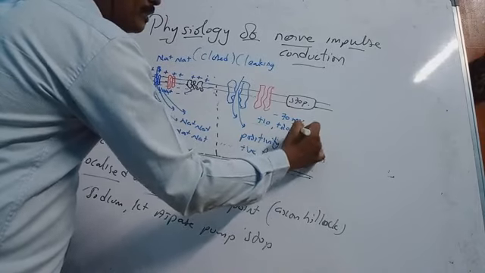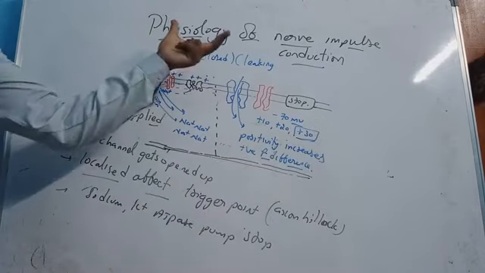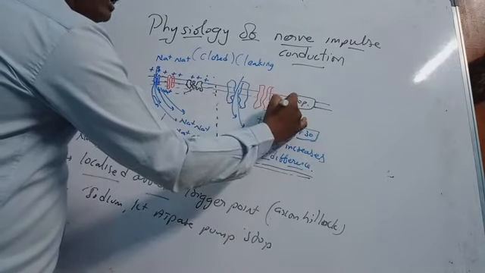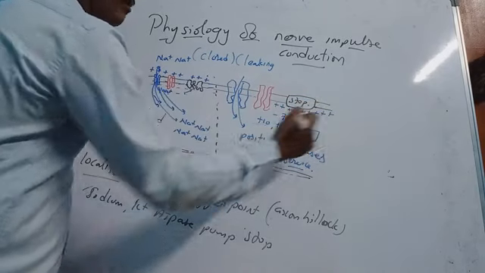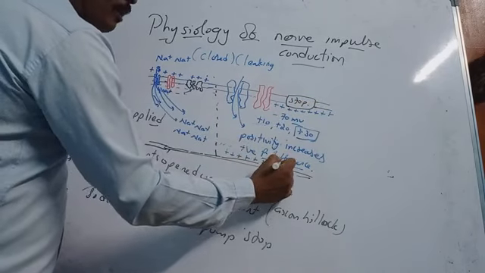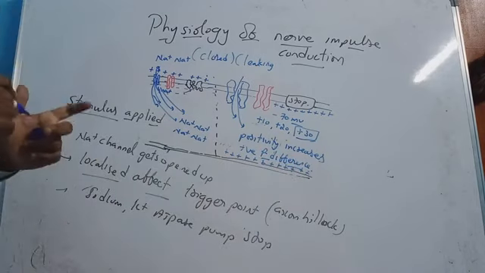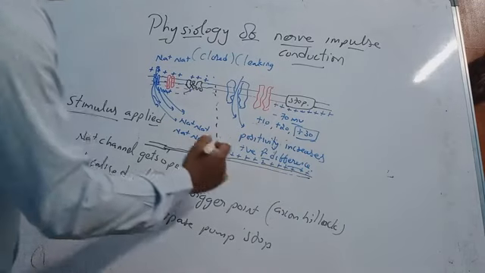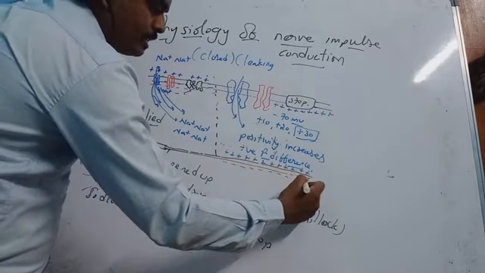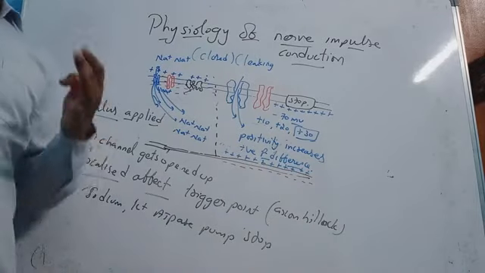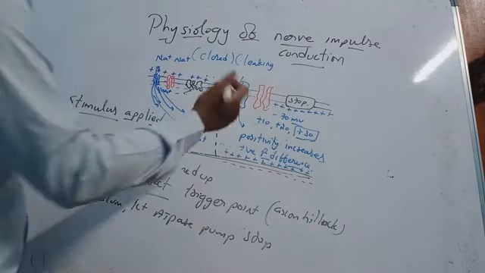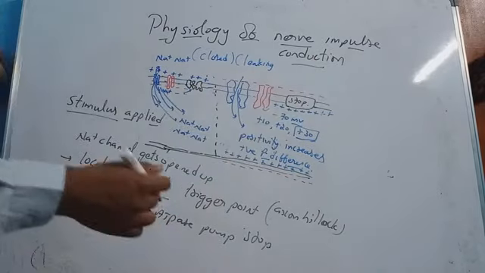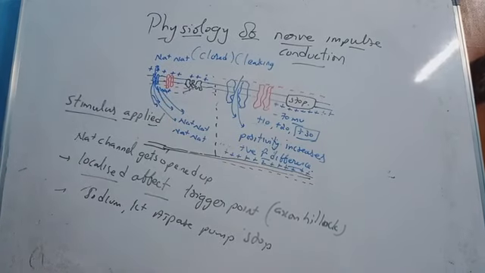Now this is the main point. Because of rapid influx, the inside of the membrane in this zone became positive because of the rapid influx of the sodium ions. Comparatively, the outer surface becomes negative, obviously. Not because of the ions, but because of the potential difference. We always say that where we have more ions, that is more positive. Here we have more influx of sodium ions, so there is more positive here, and outside there is more negative.